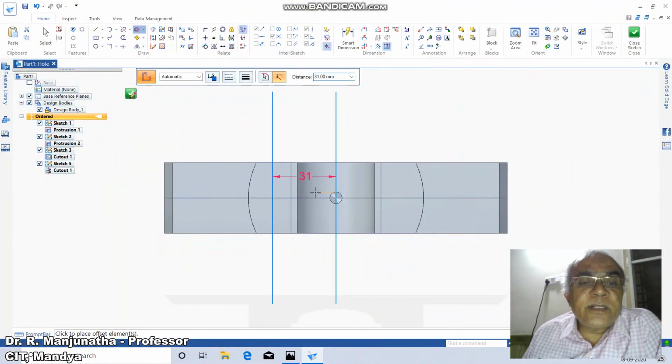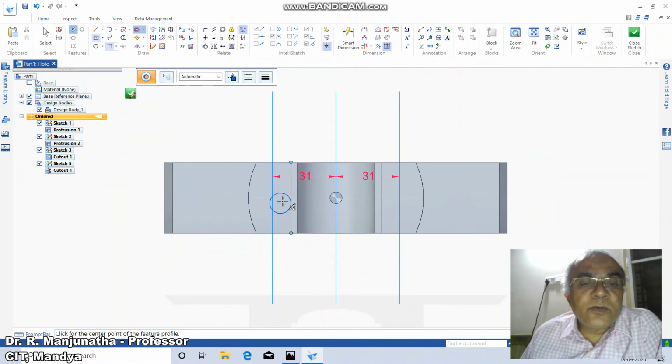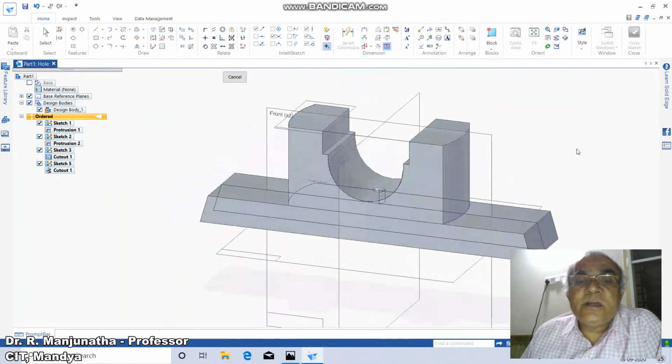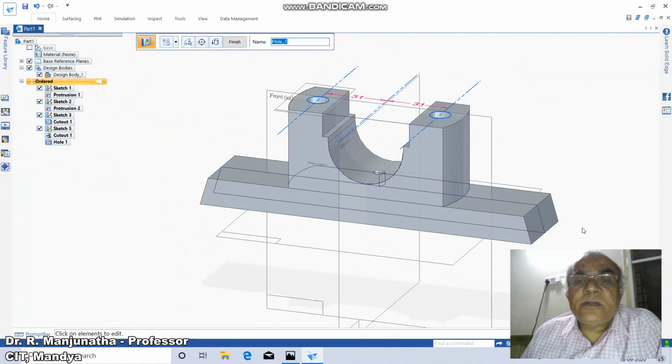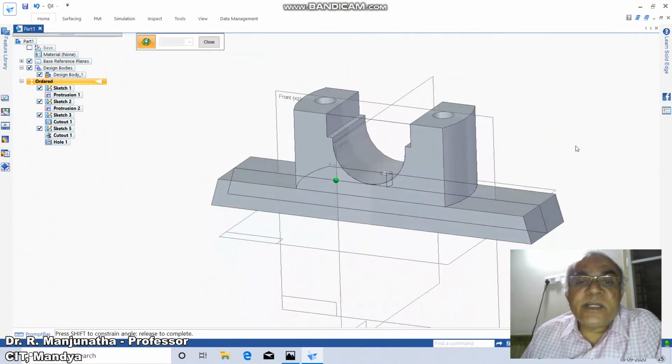So from here you take this 31 and also from here you take this 31 and then click on whole circle option. So you bring this to here, it is going to be 10.5. You take this also 10.5, then go to close sketch, then take it to the down and say finish. So this is going to be the hole which has been created now. So you can see that hole has been created.